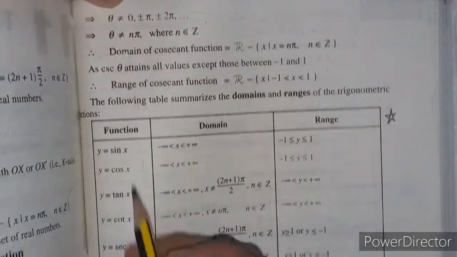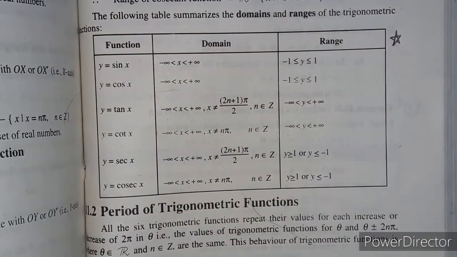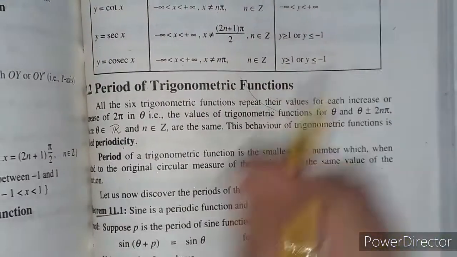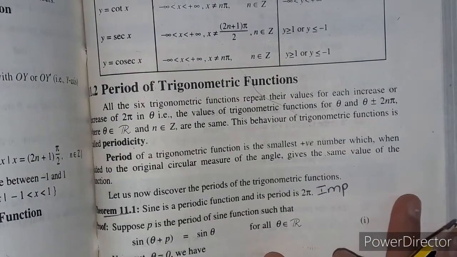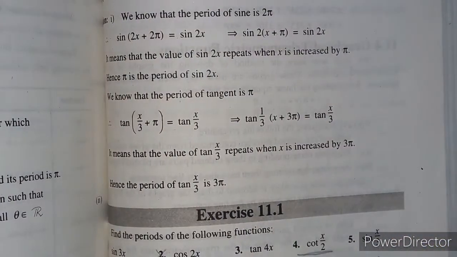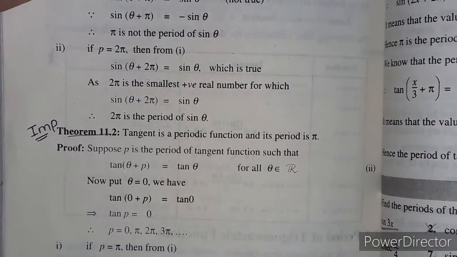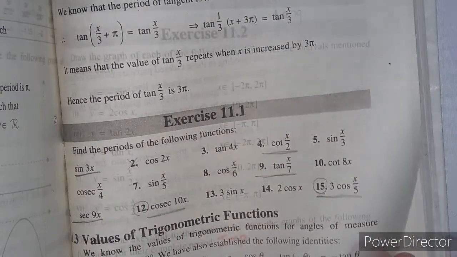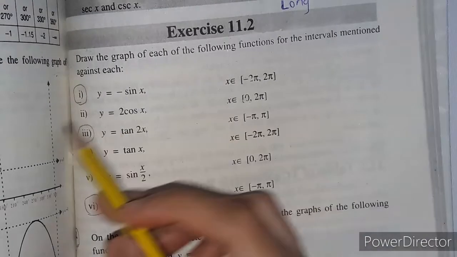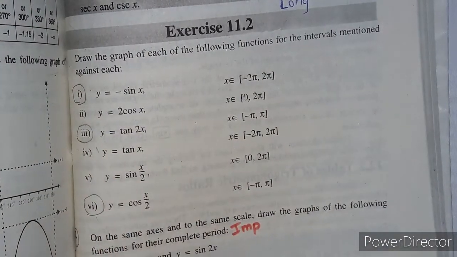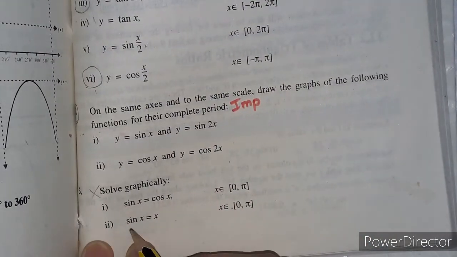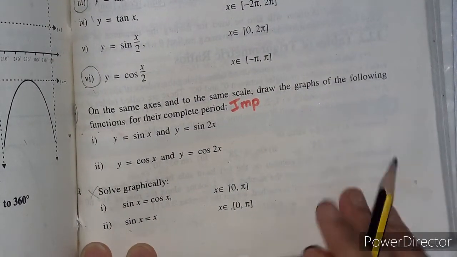and you have to prepare this table as well for the MCQs. So see page number 339. And then the theorem, this is important for short. And then this theorem on page number 340. Then this exercise is important for MCQs. We have 11.2, parts 1st, 3 and 6 included, and question number 2, part B is very important. Question number 3 is not included in the examination of 2021 reduced syllabus.